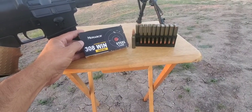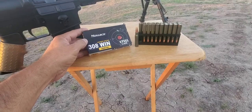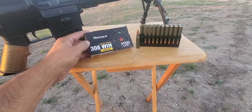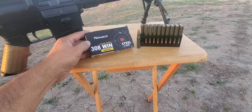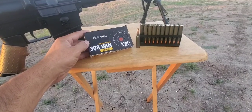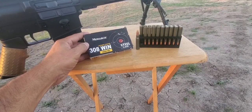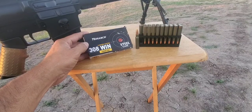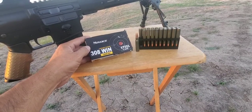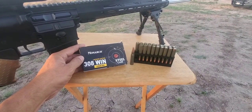So let's talk about this Monarch ammo that you can get at Academy. This is a .308 Winchester, lacquer coated, 145 grain, full metal jacket, steel case ammo. It's $10 a box. I've been using this exclusively on this .308, and it has not disappointed me. I can recommend this. I've made shots at 100, 200, and 300, and whatever you shoot at is going to hit it. Going by memory, at 300 I was shooting probably 4 to 6 inch groups,